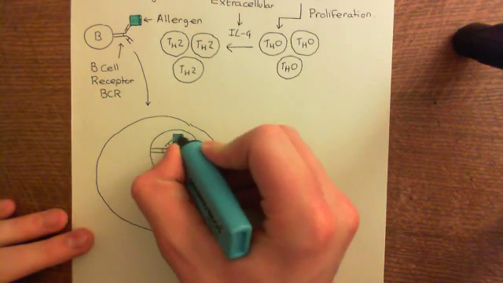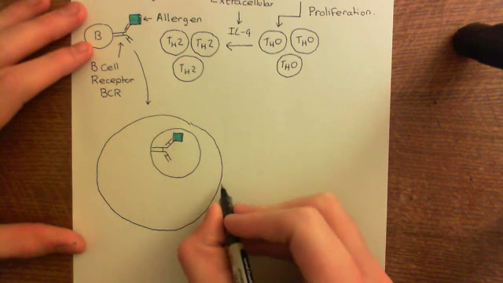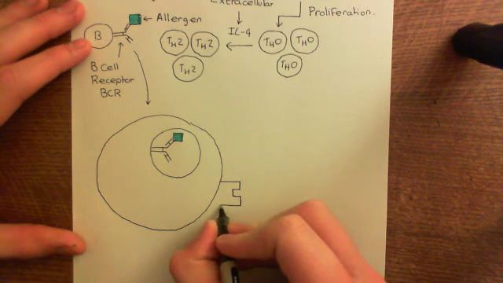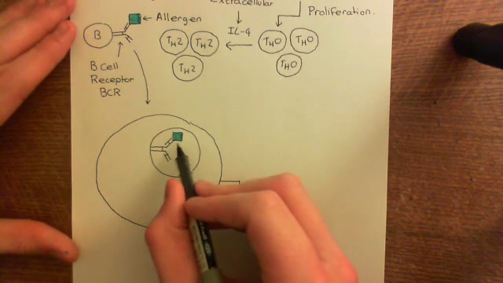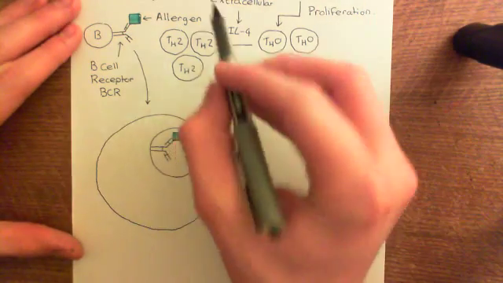Now, B cells are another professional antigen presenting cell. So what's it going to do? Well, it's going to chop up that allergen into fragments, and it's going to stick those fragments on which protein complex? Whenever you get a protein from the extracellular fluid and you endocytose it and then you chop it up, you put the fragments on MHC class 2. That's a general rule. Here is the MHC class 2, and it's just going to happen that the way that this B cell chops up this allergen fragment is going to mean that we get the same allergen fragment that we launched this entire T cell